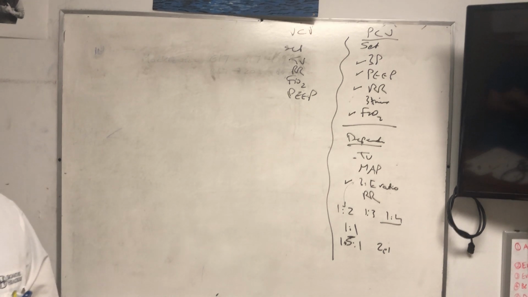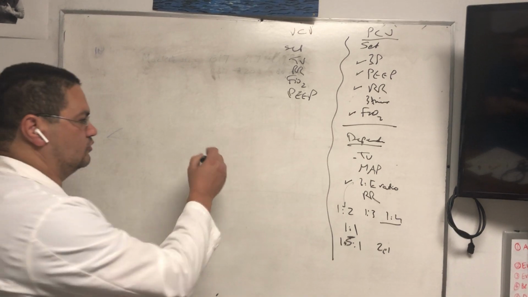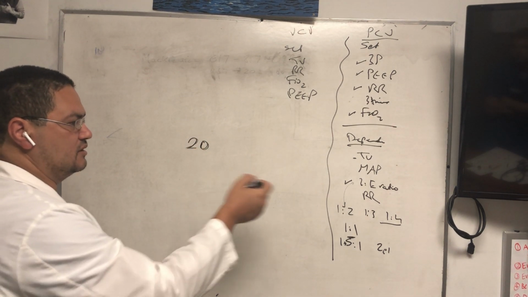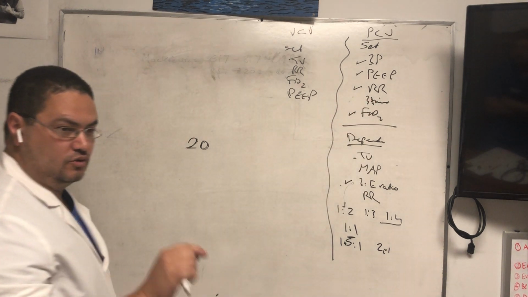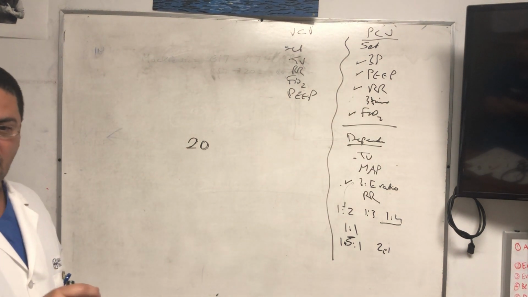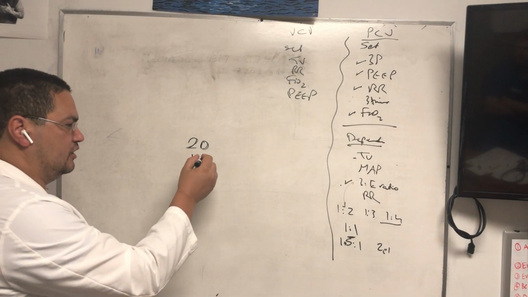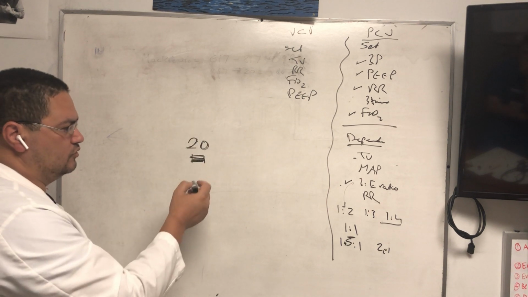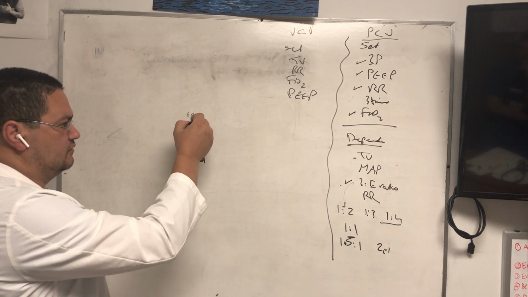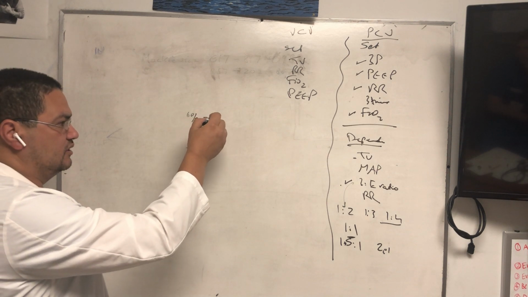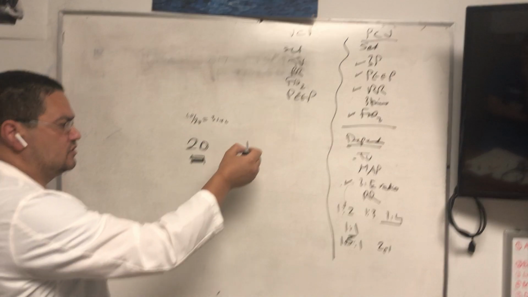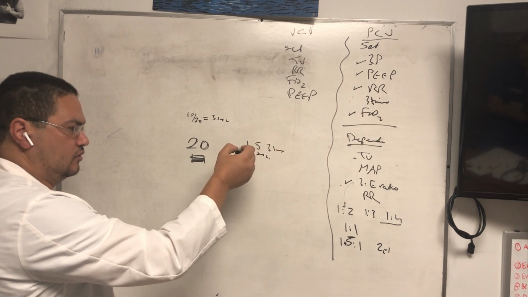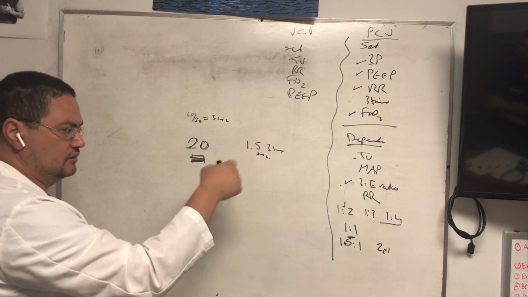Why? Because we're not there all the time, right? So if the patient is breathing at 20, the machine itself doesn't have a button that says I to E ratio. It has a button that says I time. So the respiratory therapist can only adjust the I time. Let's say I want a 1-to-1 I to E ratio at a rate of 20. I calculate 60 divided by 20, which gives 3 seconds per breath. So I want 1 to 1, so I'm going to give 1.5 seconds I time. Okay, great. So the respiratory therapist goes on and dials it as such.